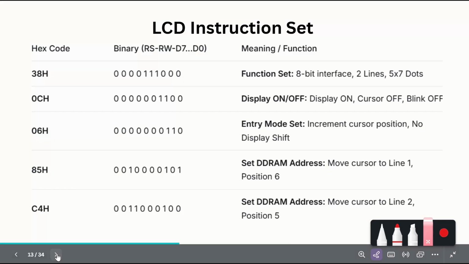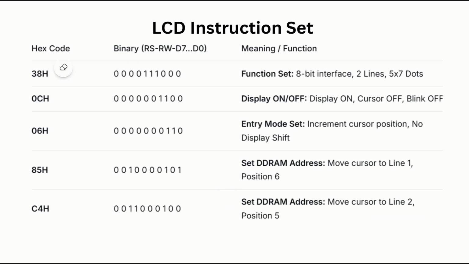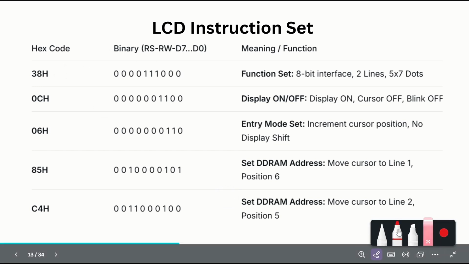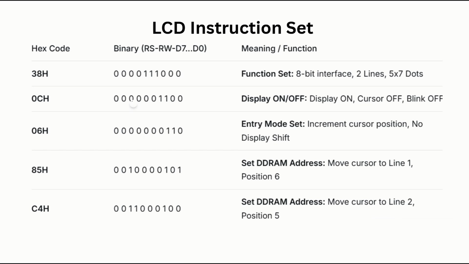So now let's look at the instruction set of the LCD. 38H is a hex code. This command configures the LCD hardware. When DL equals 1, it means the 8-bit data bus lines are all used simultaneously. N equals 1 means 2-line display, and F equals 0 means the 5x7 dot matrix font, which I explained earlier in the first 3 slides. This must be sent at least 3 times during power-on initialization as per our LCD controller